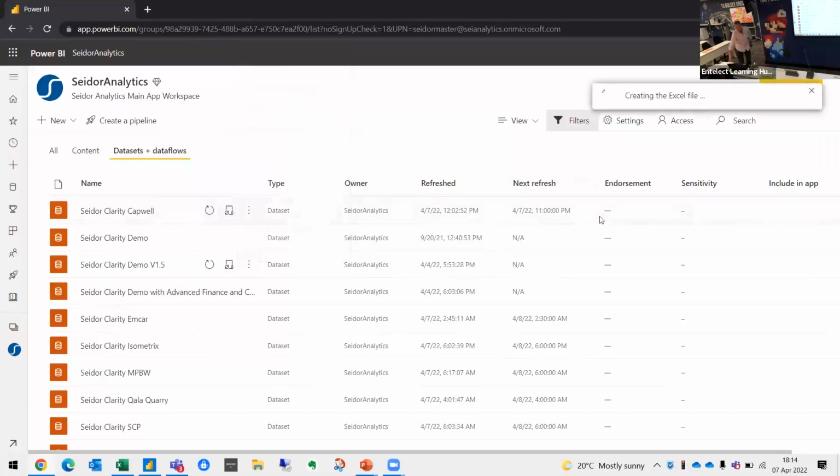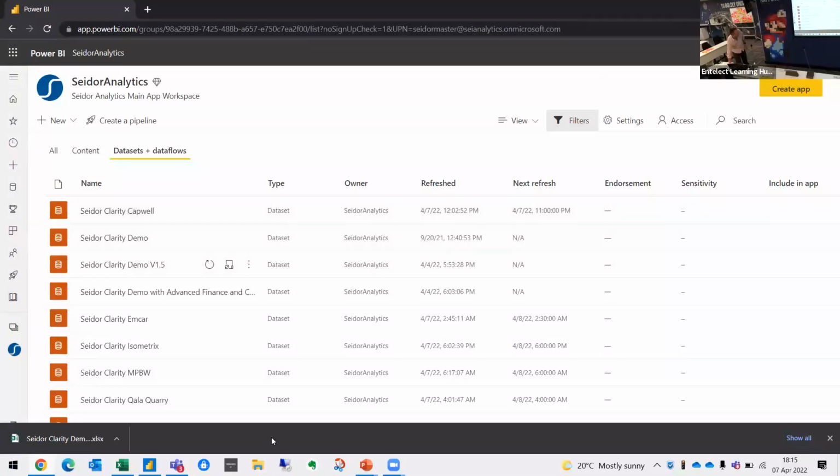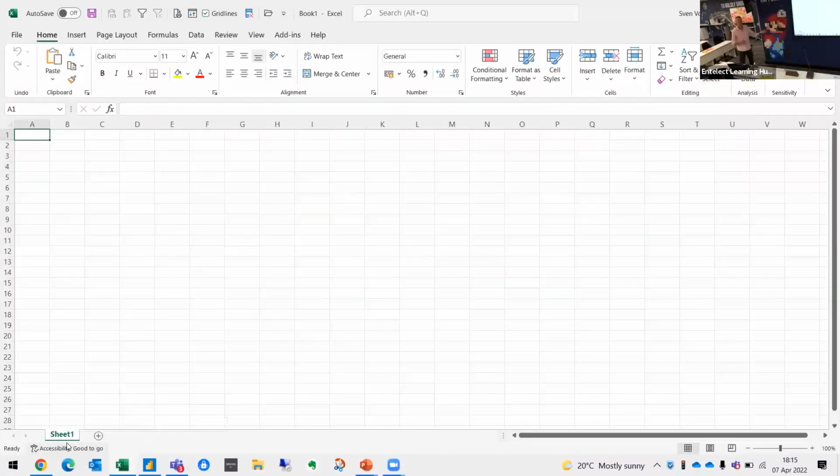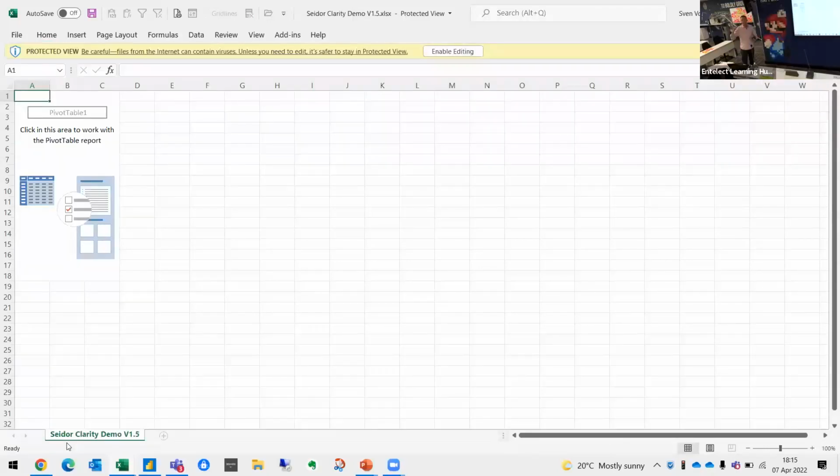Now, roughly 18 months ago, they made it much easier because now that ODC connection automatically gets pulled into the file, and the file is given a fancy name. As I said, the connection is in there already. So it's much, much easier to do this. The first time you ever do that, it will ask you to download a little bit of software. It's a once-off thing. But already, with just one click, now I've got,